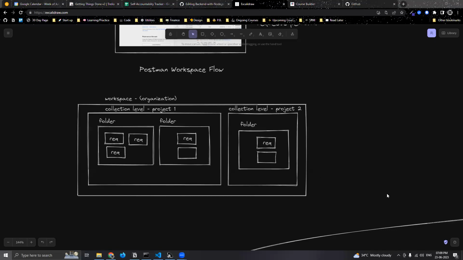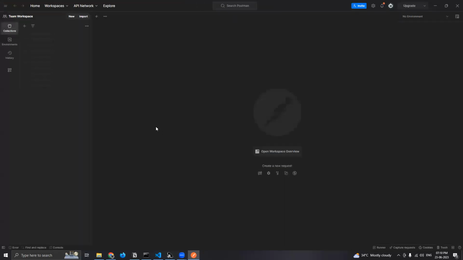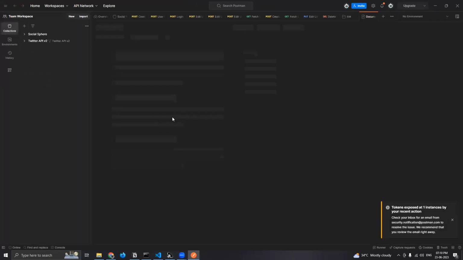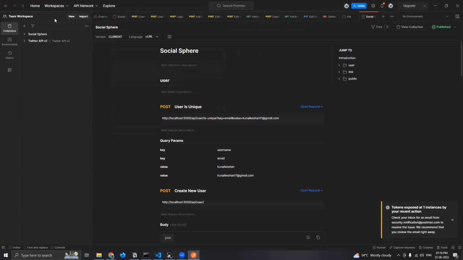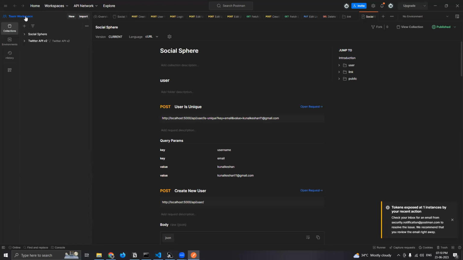I'll just open up Postman. It's a pretty cool application, to be honest. So I have my account here and I have workspaces here. I have Think Digital, I have my own projects over here. Just for example, this is my team workspace. Basically what